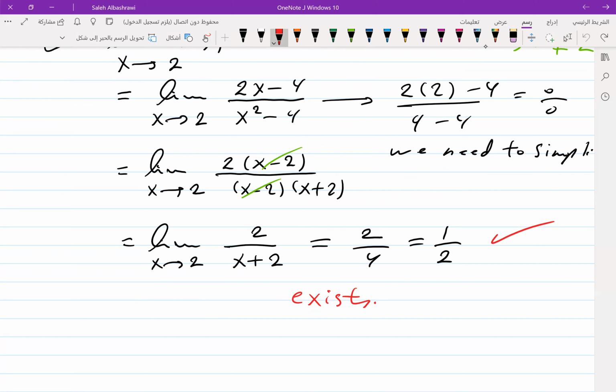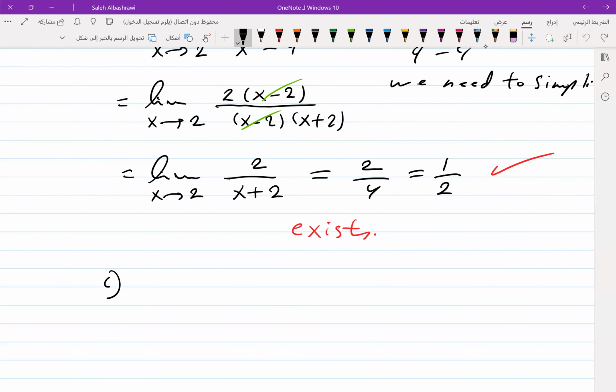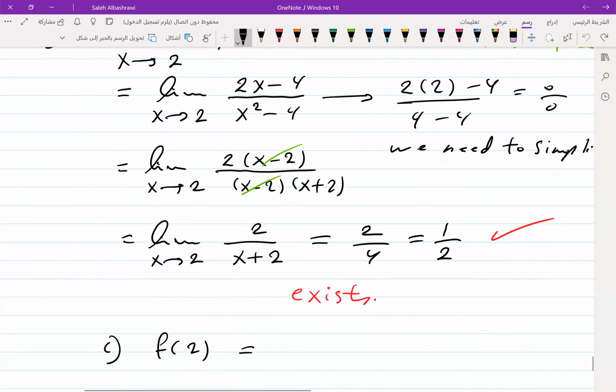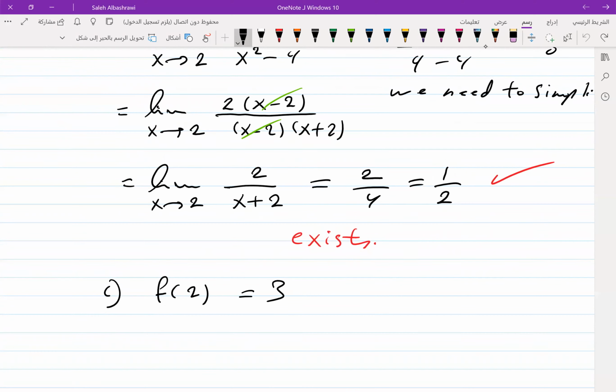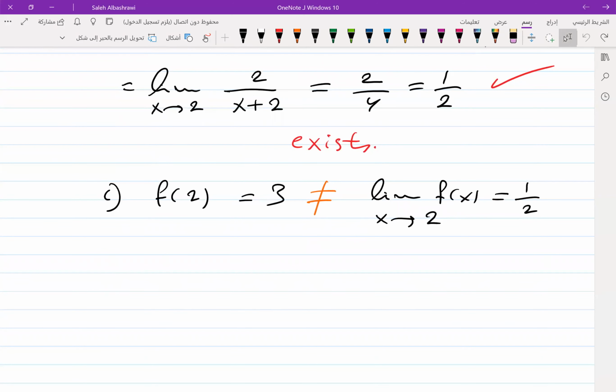First condition, the function is defined at x equal to 2. Second condition, the limit exists. Now we need to check the third condition. Third condition, f of 2, we found it above, is equal to 3. Limit of the function where x goes to 2 is equal to 1 over 2. And you can see these are not equal. It means the third condition is not satisfied. Since the third condition is not satisfied,